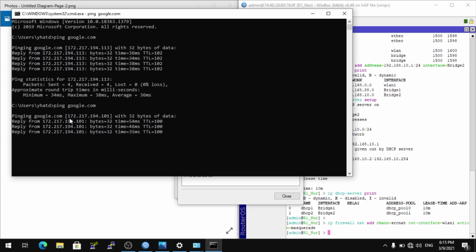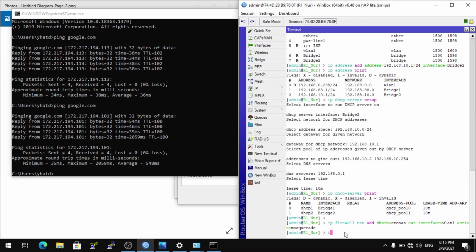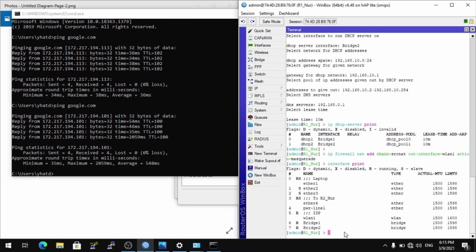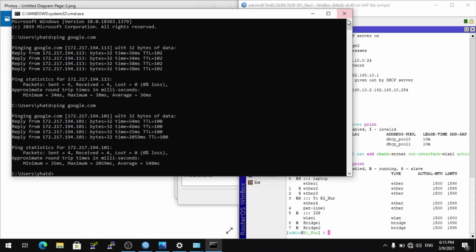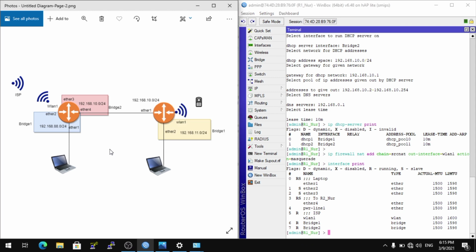This is my laptop connected to internet using interface Ether1 in router 2. This is interface Ether4 running slave because I am connected with a cable from interface Ether4 in router 1 to interface Ether1 in router 2.